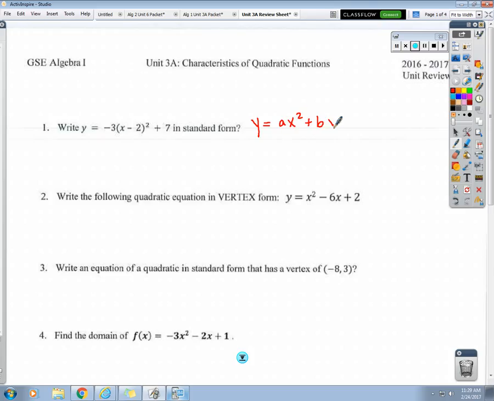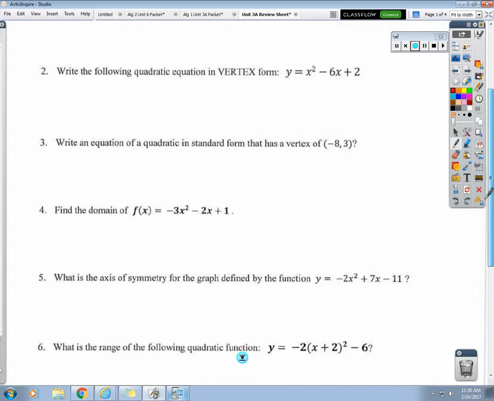Correct. That's not really a formula. Okay? Like see this one in number 1, that's in vertex form. Number 2 is in standard form. So what's number 4 in? Standard. Okay, look, vertex has parentheses. Standard does not. So number 5 is standard. Number 6 is